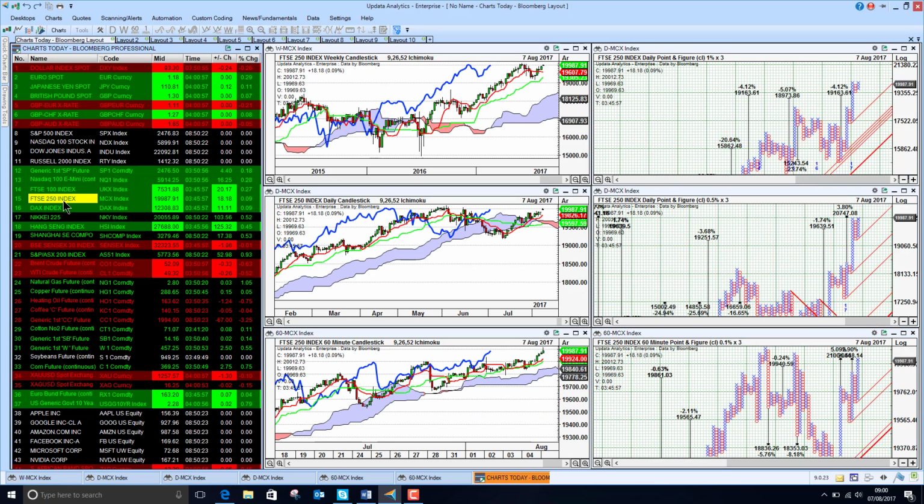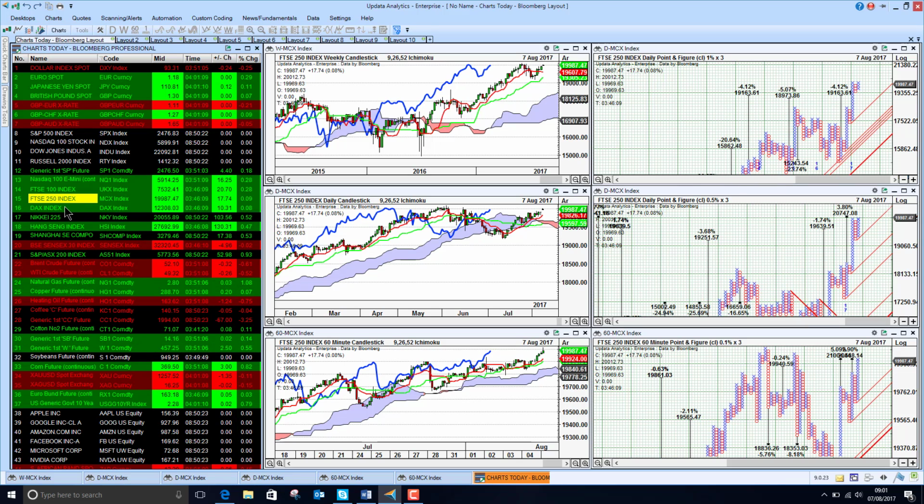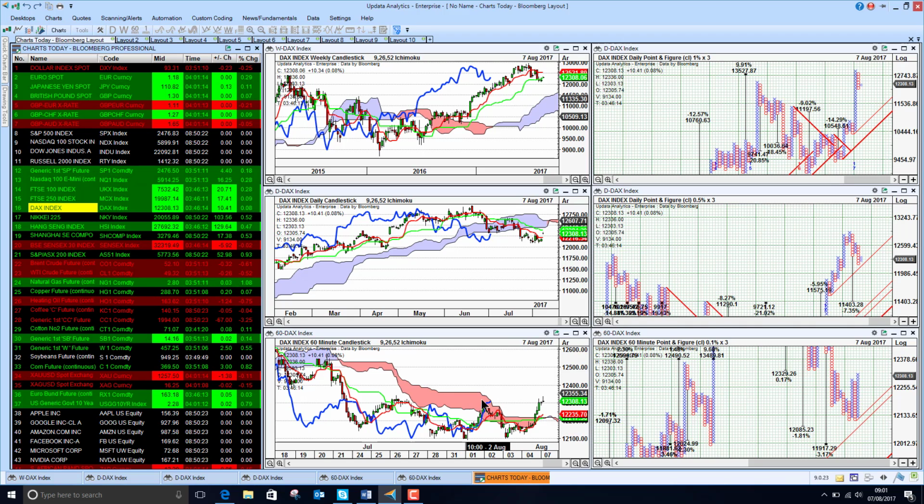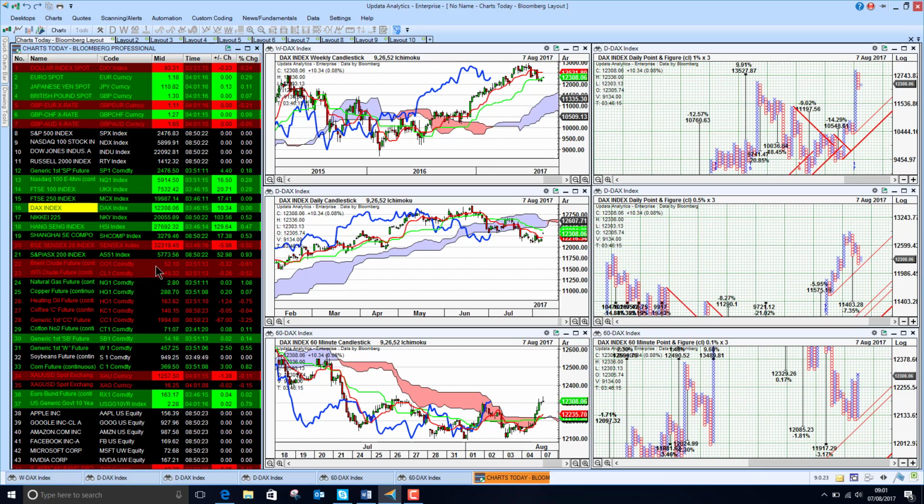And the FTSE 250 now looking quite good as well, having broken to a new high there. So not a new high yet on the daily or the weekly chart, but on the 60-minute chart, we are breaking higher. A shortage of long-term targets just does make it harder to call the mid-caps. DAX index just starting to look a bit better as well. That weaker euro just helping there.